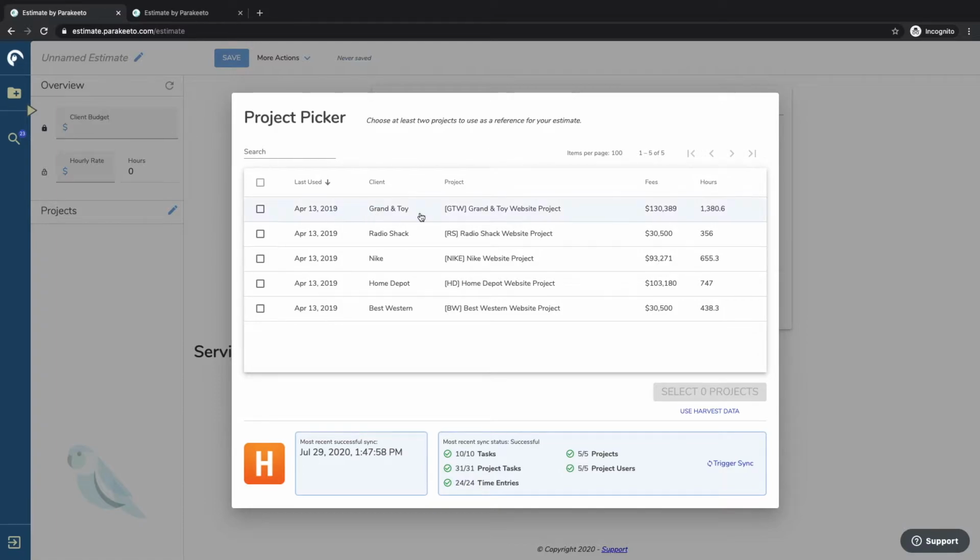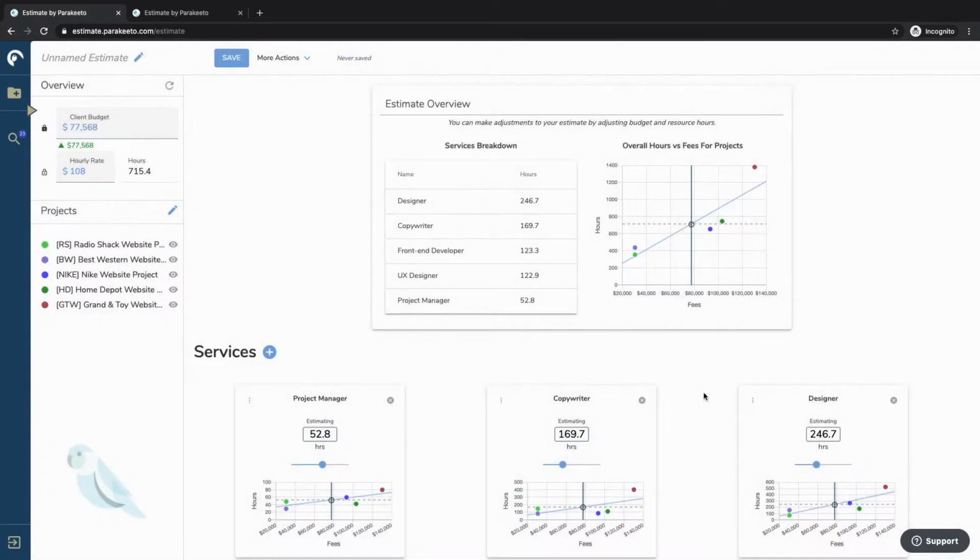Now, what's important about a comparable project here is not that the fees or the hours are similar to what you're estimating. It's actually just that the type of work is the same. So for example, if you're estimating a website, you'll just want to pick other websites, regardless of whether or not they're larger or smaller in scope than the one that you're estimating now. So in this case, you'll see I'm selecting 5 websites, and they're all kind of very wide in terms of the variety of scope and price, but that's totally fine. So I'm going to select those 5 projects, and I'm going to pull them in,